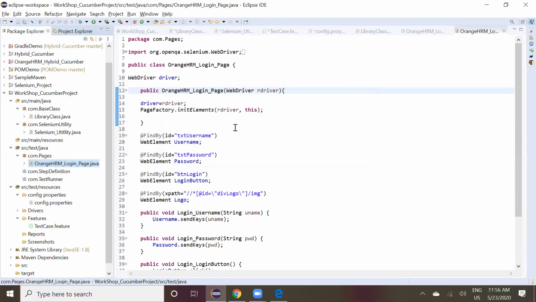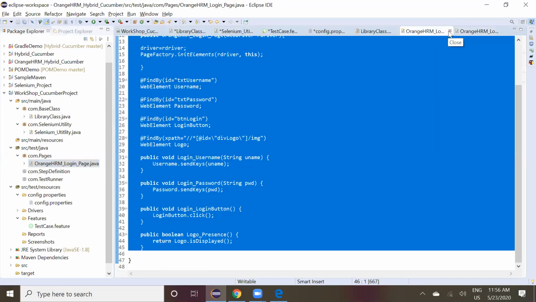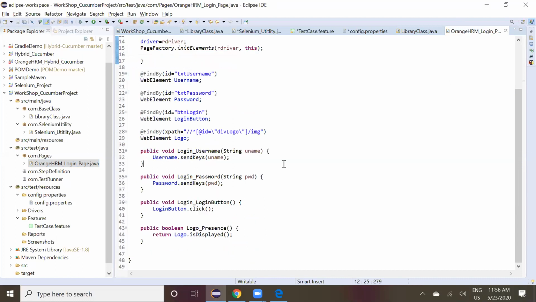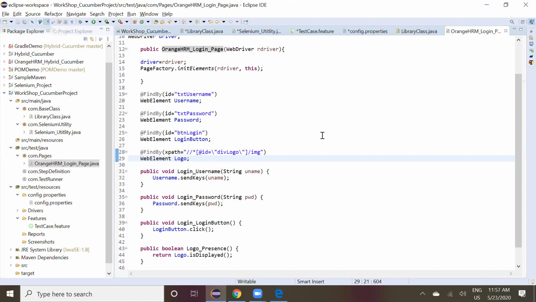Yes sir. Okay, so this is right. This is a page object model, the page design pattern which I told you. I'm creating methods for each web element in that page. For example, on the Orange login page: username, password, login button, and whether the logo is displayed or not.